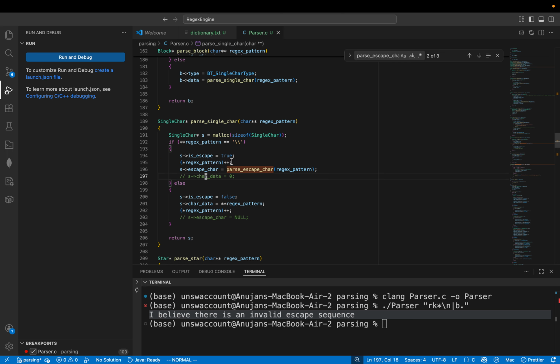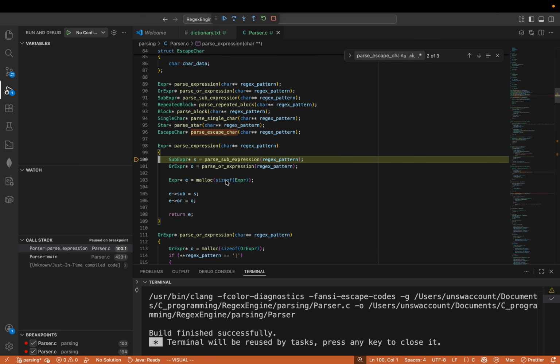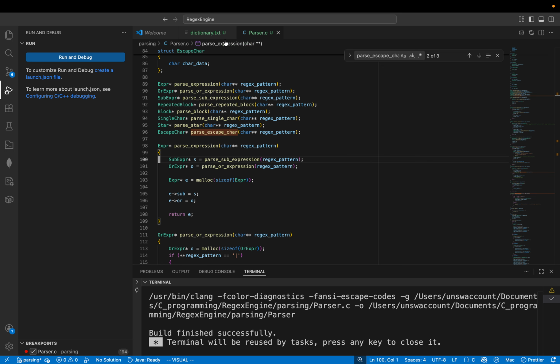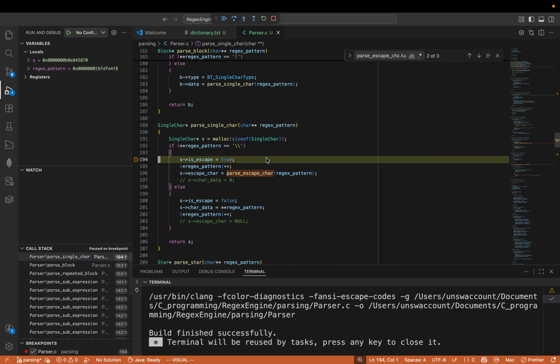Maybe I can put the breakpoint in here, if I can get away with it? Oh wait, sorry, I forgot to get rid of you. Go again. Okay, so where are we at? Regex pattern points to a backslash. Okay, so we have hit the backslash, which means, you know,